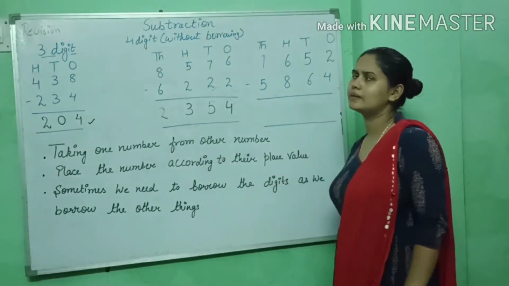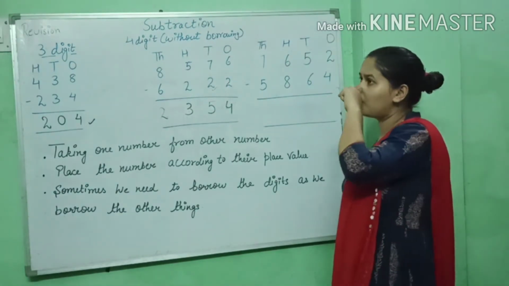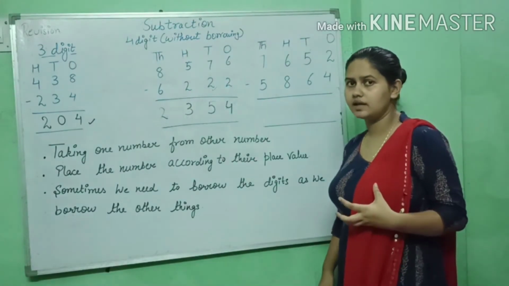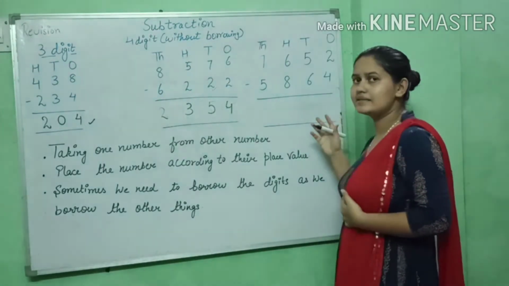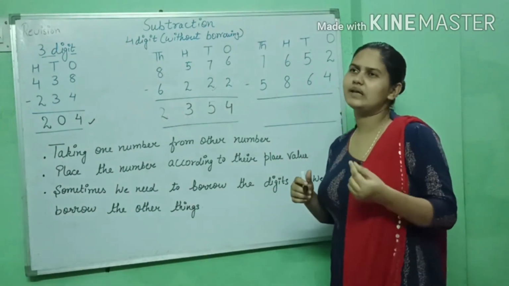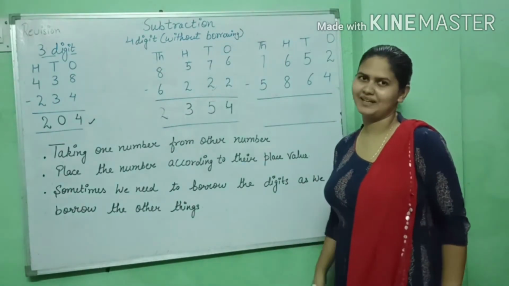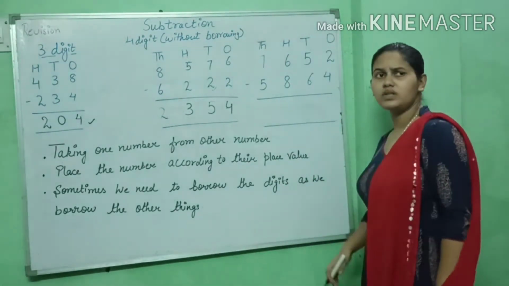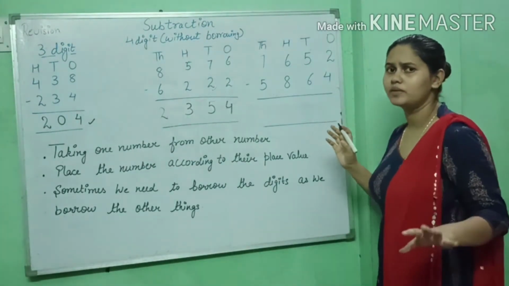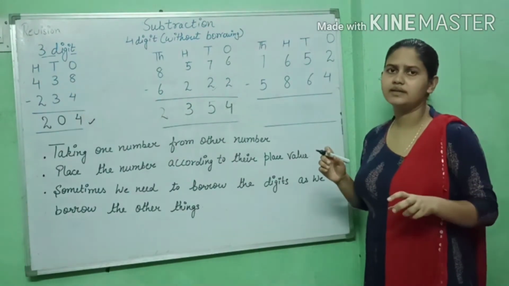Now come to borrowing numbers, which means we have to borrow something, right? When we borrow something, it means we request someone to give something to us. In this way, one digit will go to another digit and ask, please give me 1. In this way, we learn to borrow something. Okay. I think this is clear and visible to all of you. Hope. If my video is blurred at any time, you can comment on it.